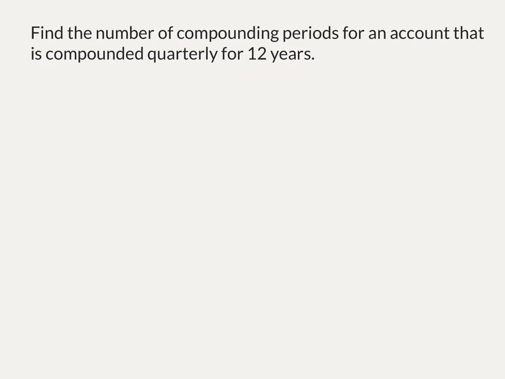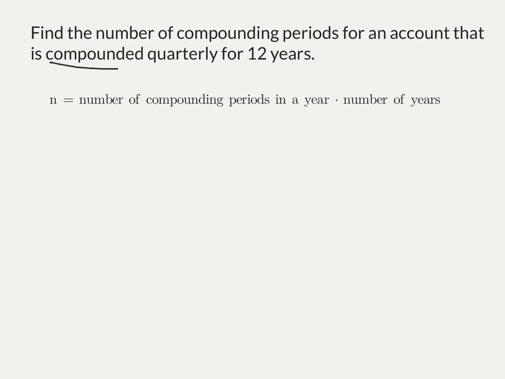Find the number of compounding periods for an account that is compounded quarterly for 12 years. The number of compounding periods is represented by n, and that's the total number of compounding periods for the length of the loan or investment. The formula for n equals the number of compounding periods in a year times the number of years. For this problem, we have